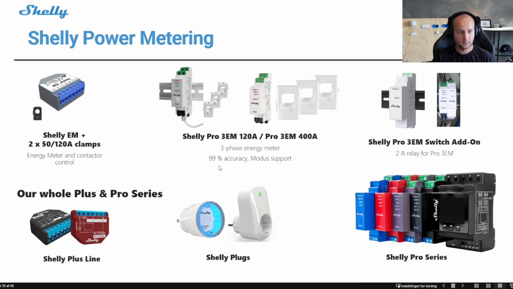So they are very, very accurate. They can measure your total energy consumption, but it can also monitor your production if you have solar cells, something like that on your rooftop. So you can get a lot of information about your consumption and your production of energy, and based on those information you can start triggering different kind of Shelly relays, so you can use your overproduction to charge your electric vehicle, or to heat up your rooms or cool down your rooms, some kind of thing.